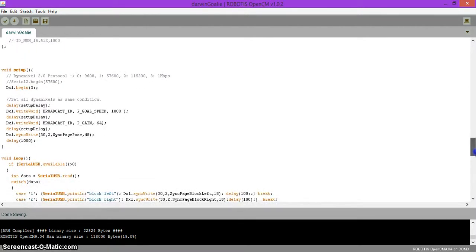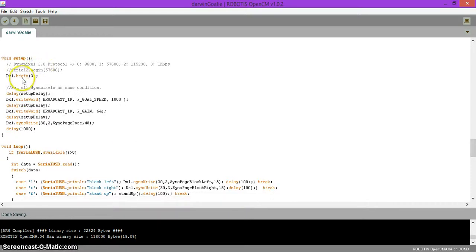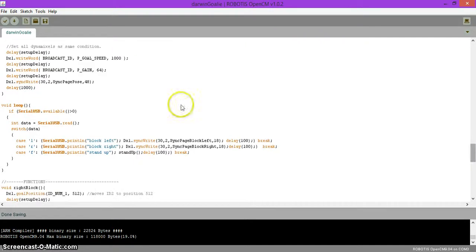Alright, and since we're going to be controlling this via USB, you don't need to define anything. All you need to do is use serial USB. And here I've given it 3 different cases. If the Visual Studio program gives it an L, it'll go left. If it gives it an R, it'll fall right. And if it gives it an F, it's going to have it stand up. That way we can continuously work with this and not just see Darwin-Mini lying on the ground. Okay,